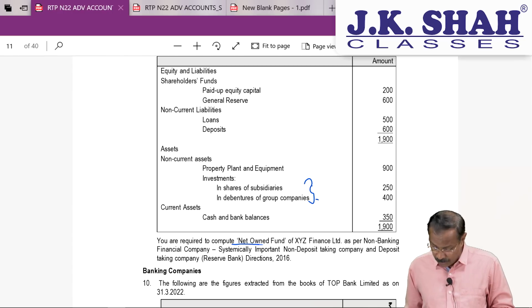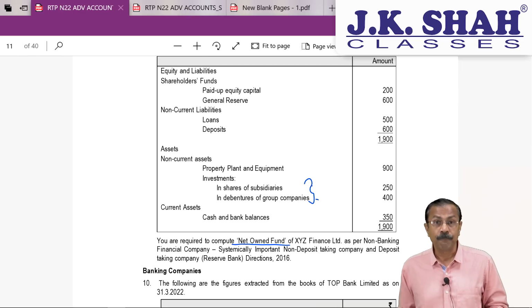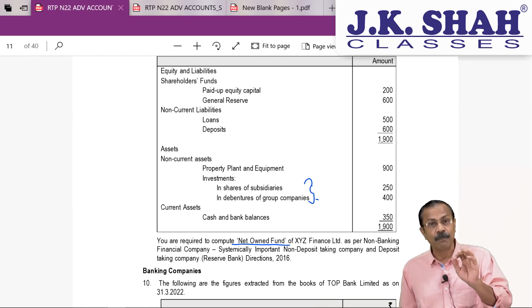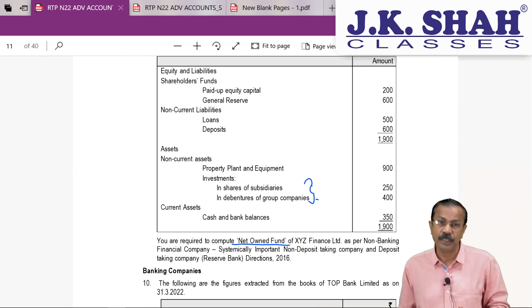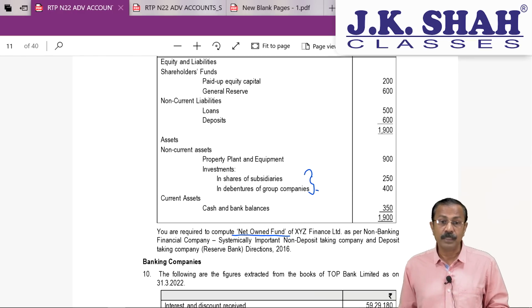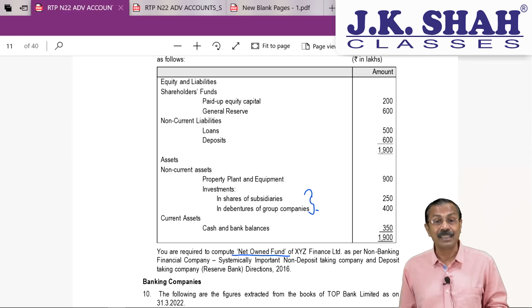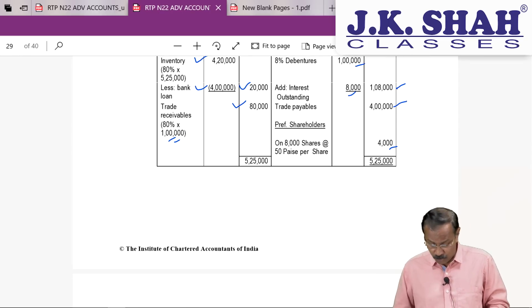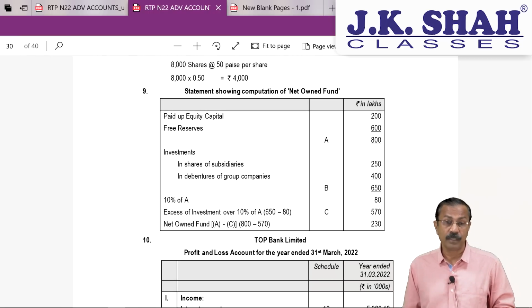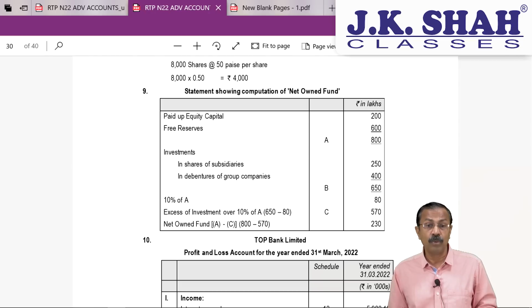You are required to compute the net owned funds. How do we get the net owned funds? It is gross owned funds minus excess of investments in subsidiaries over 10% of gross owned funds, remember. You have to find out as per the Systemically Important Non-Deposit taking company and Deposit taking companies Reserve Bank Directions 2016. Calculation of net owned funds. Now first you find out what is your gross owned funds. And how do we find out your gross owned funds? Remember,